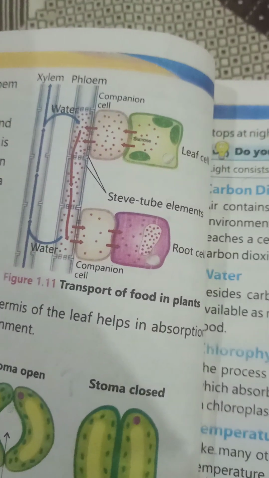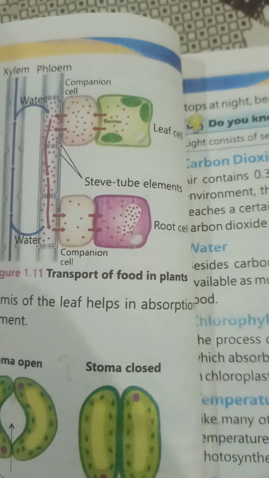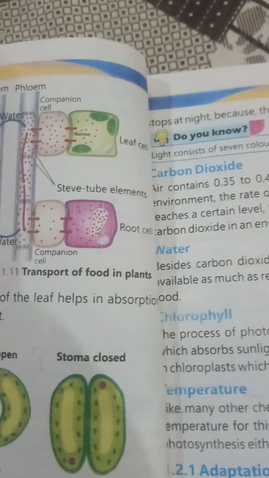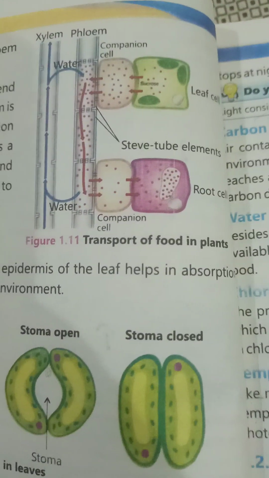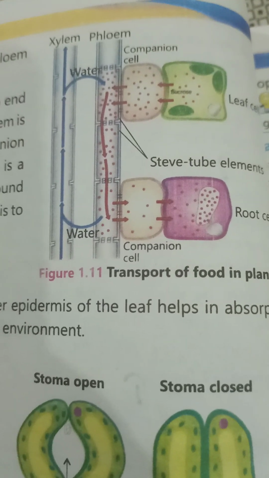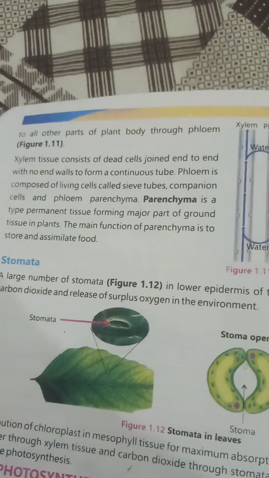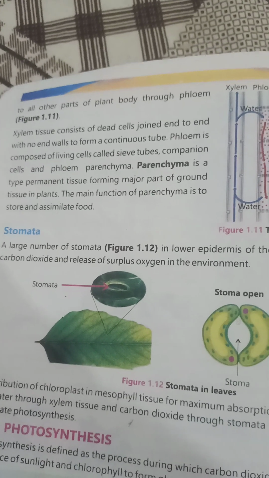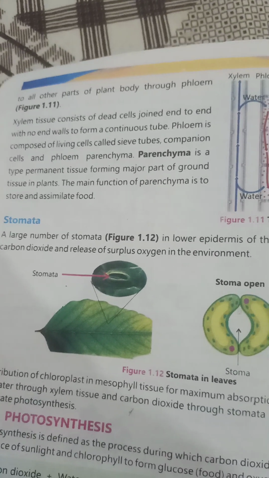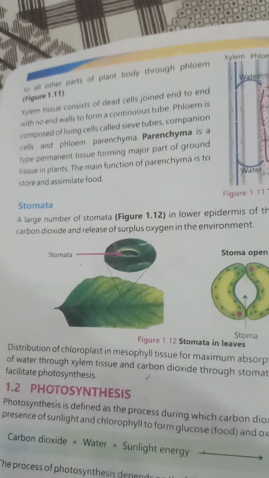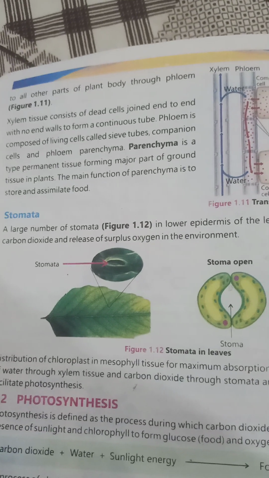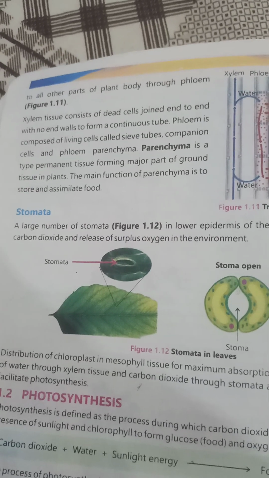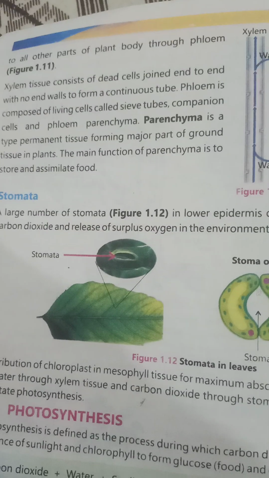This is xylem, phloem, water, companion cell, leaf cell, stem, sieve tube elements, root cell, companion cell. Explanation: Xylem tissue consists of dead cells joined end to end with no end walls to form a continuous tube. Phloem is composed of living cells called sieve tubes, companion cells, and phloem